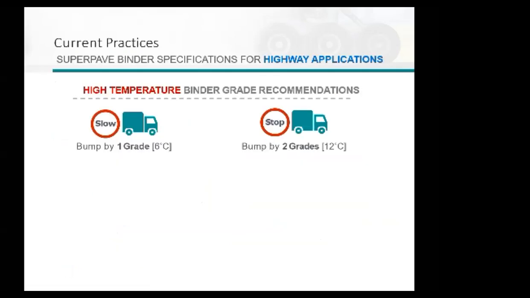Now, for highway applications, really, SuperPave was clear in what to do with respect to high temperature binder grade. After you select your binder grade based on the climate conditions, they recommend to bump up the grade by one high temperature binder grade if you have slow traffic. And if you have stopping traffic, bump the binder grade by 2 grades or 12 degrees C. So it's straightforward based on research. And later on that was modified a little bit in SuperPave Plus. But again, there were recommendations made regarding how to solve the issue of speed by bumping.